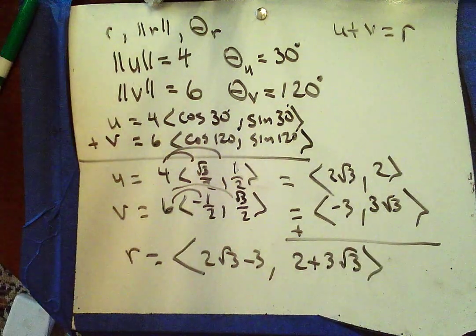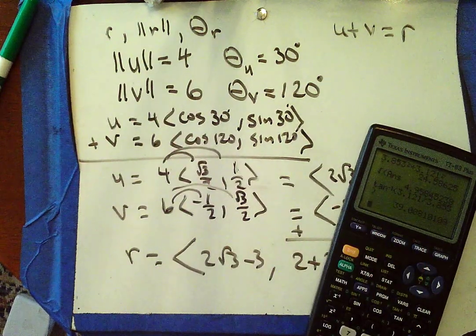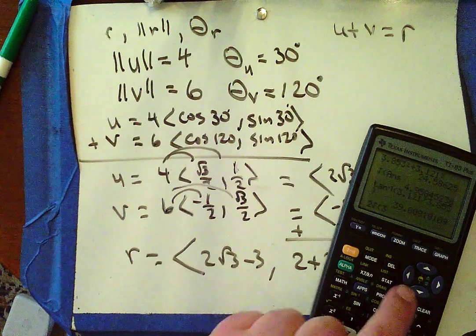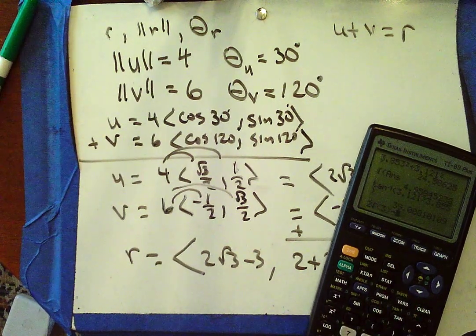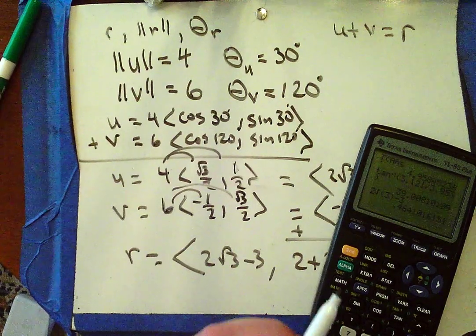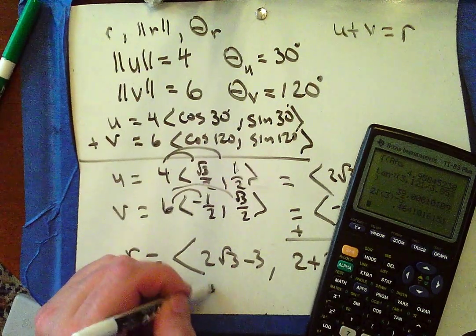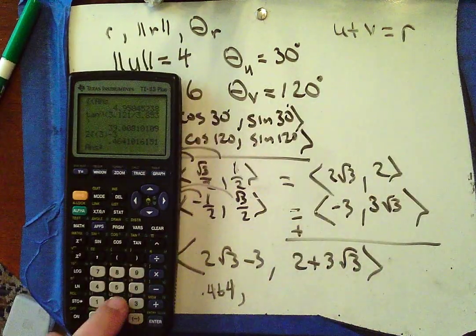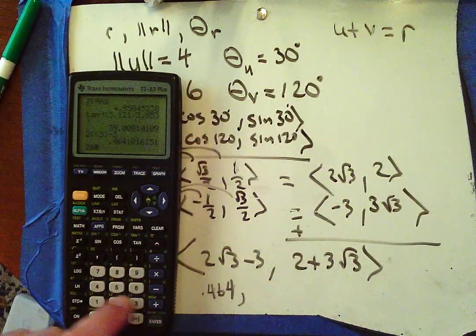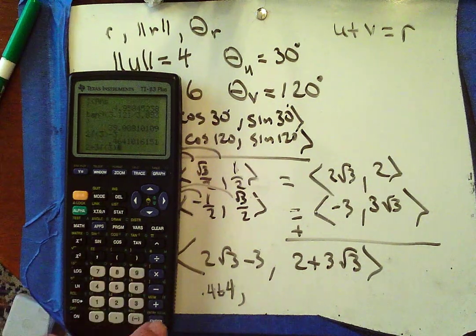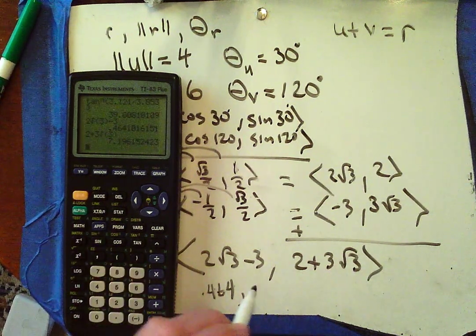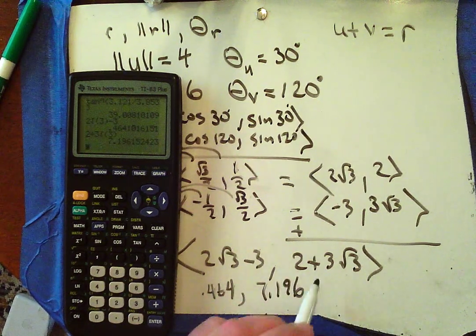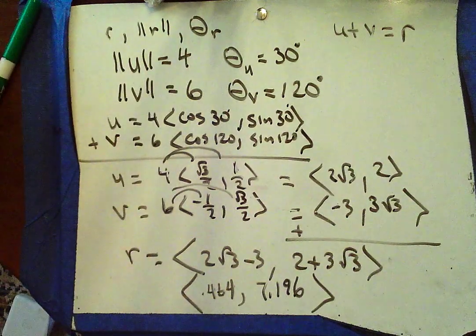But most people end up using their calculator and saying 2 square root of 3, close parentheses, minus 3 is 0.464, comma 2 plus 3 square root of 3, and that is 7.196. So there's our component form of r